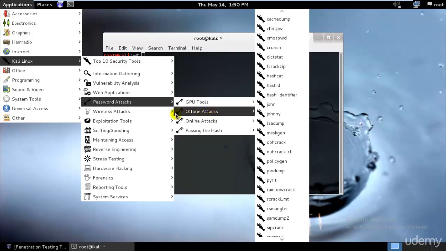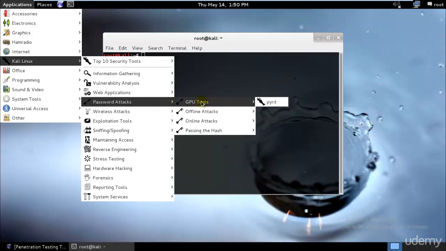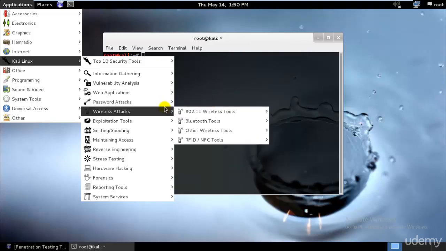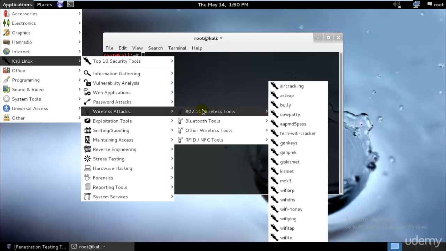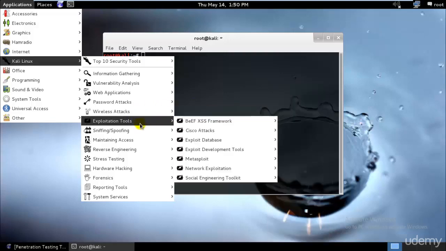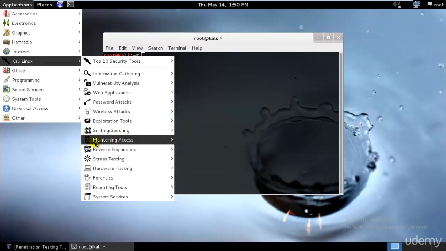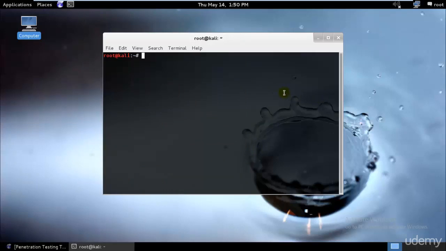These are offline attacks. And password attacks can be much faster if you have a graphic card with you, because most of the time, or almost all of the time, password attacks are cracked by graphic cards. The reason being that they are much faster than a normal CPU. That's why. So we have your wireless tools, exploitation tools, sniffing, spoofing, maintaining access, reverse engineering, and many more. So starting with the DNSenum,